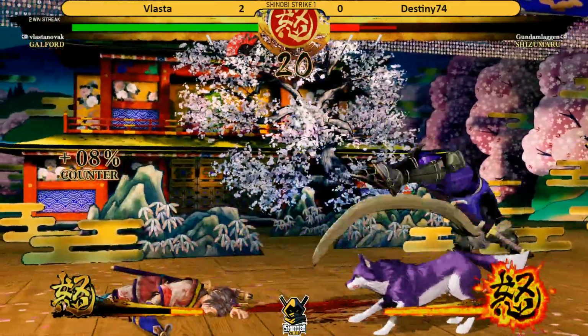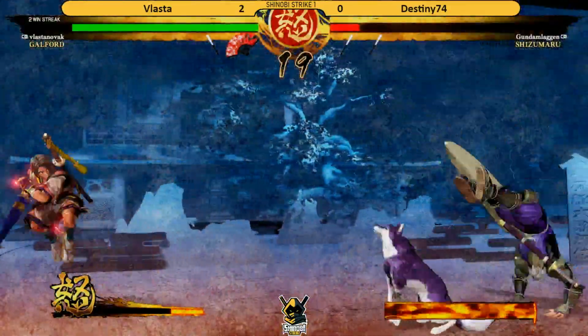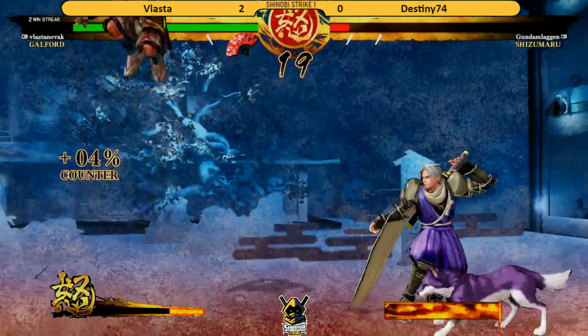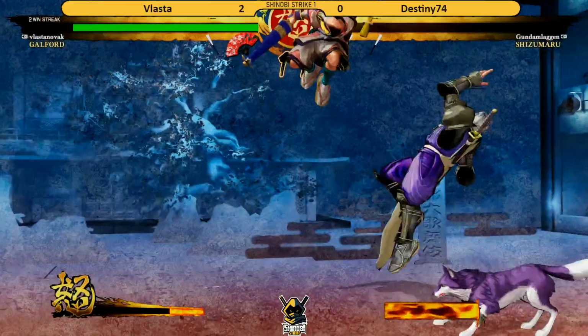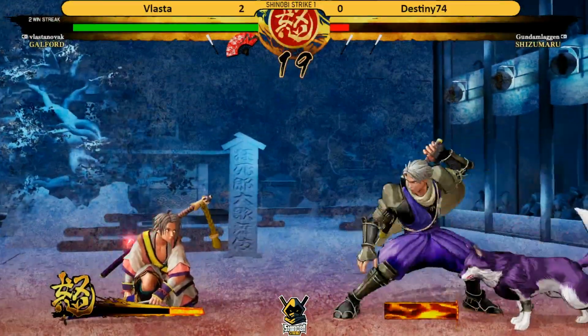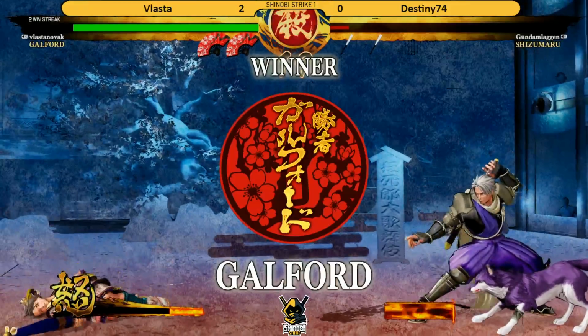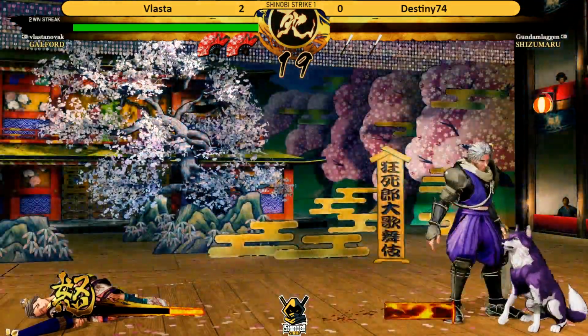Because I know in some of the older Samurai Showdown games, we've actually had some upper body invincibility. But what definitely has some all-around invincibility is the Rage Explosion, which Destiny has just used, and it didn't quite pay off for him. So that's looking like a clean 3-0